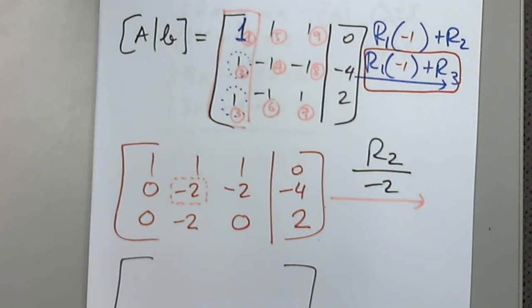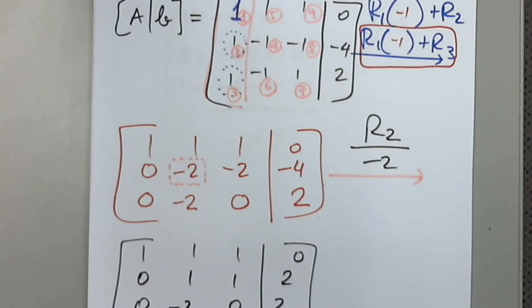Which row can I copy? Oh, I'm sorry, not yet. Sorry. 0, 1, 1, 2, 0, -2, 0, 2. Sorry about that. Now,